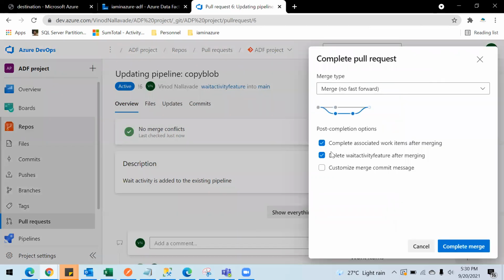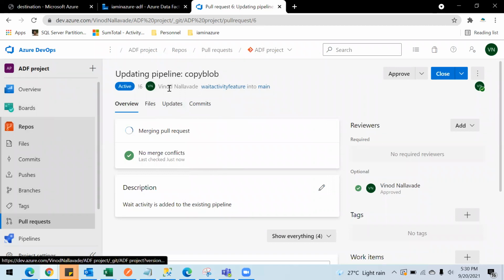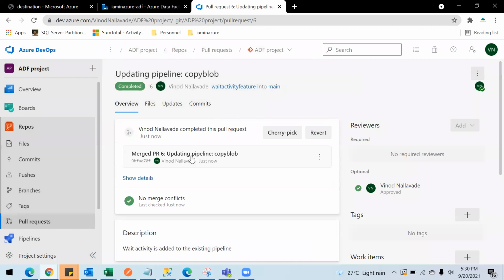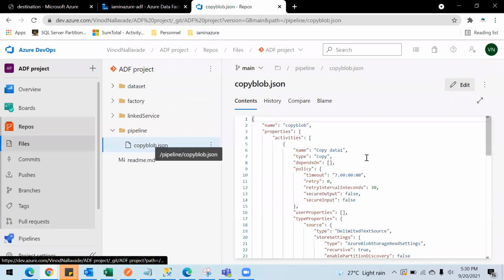So let's just complete. While completing this pull request, it will ask you to delete the feature branch. If you want to delete it after merging, you can just check this and complete. This will start merging from one branch to your main branch. So this merge is completed. Now if you go to your main branch, you will be able to see the changes being reflected.